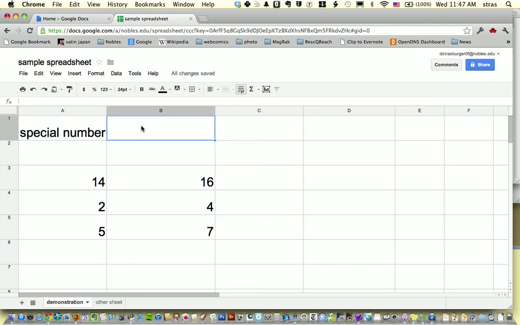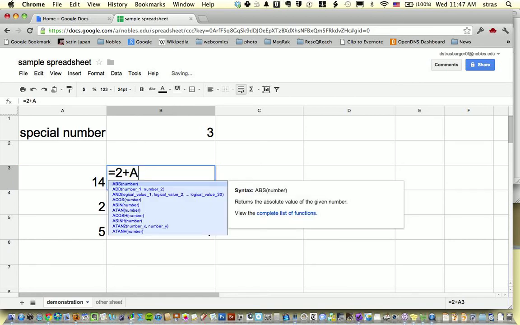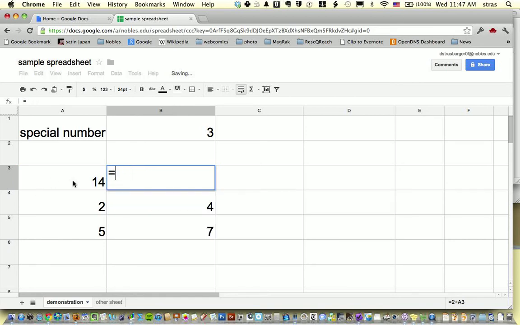My special number is, I don't know, 3. And what I want here, I don't want to add 2 to this number. I always want to add the special number. So I'm going to say, okay, I want to take the thing to the left, and I want to add my special number. Now if I copy this down, if I fill this down,